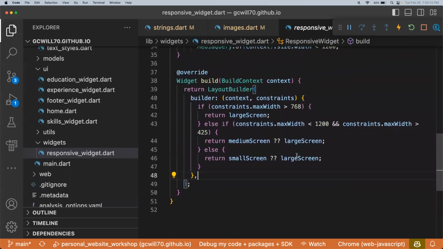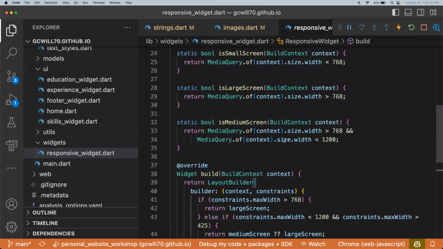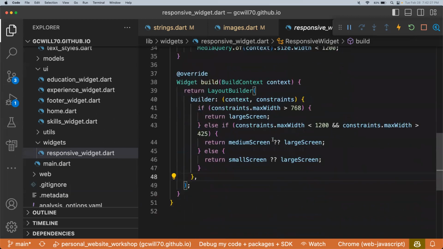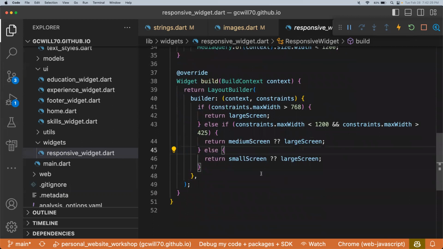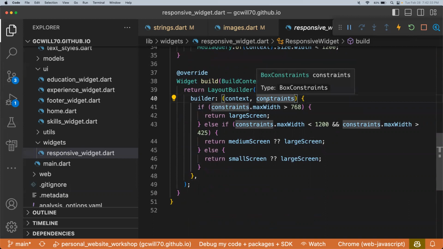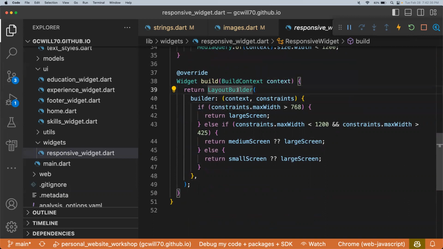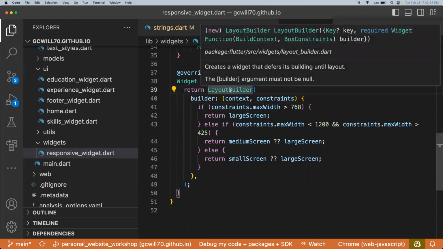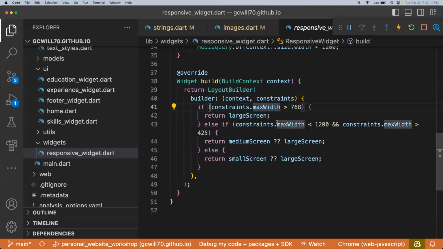And now that I'm looking at this, it actually is a little messy because it doesn't even call these methods. You actually could change it so that it would call these methods, but it does the same thing. So it'll figure out based on the current constraints, layout builder, this widget will allow you to respond to the current constraints. And it'll say, if constraints.maxWidth